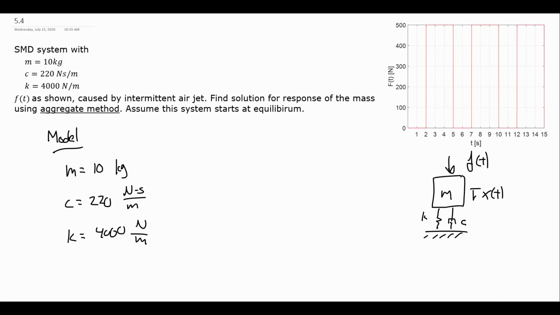So we are looking for x of t. So find, we want our x of t. All right, so we have m, c, k, so F is now what we need to work on because we are only